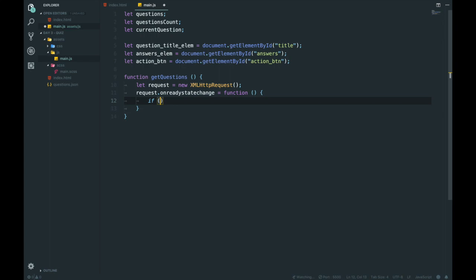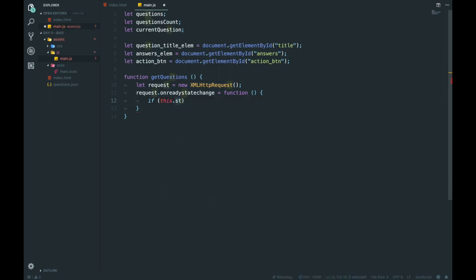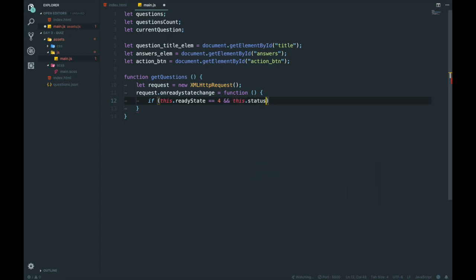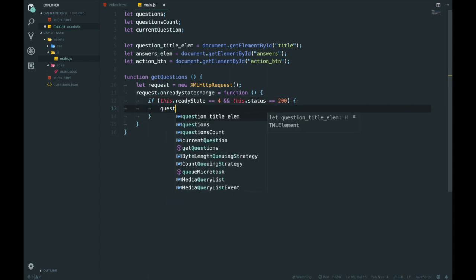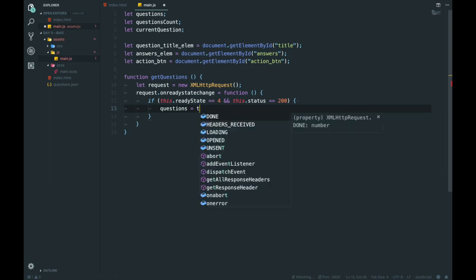And on here we're going to say if this.readyState is equal to 4, I believe, and this.status is equal to 200, we're going to first get the questions and set, so we'll go to the global variable there, and we're going to set that equal to